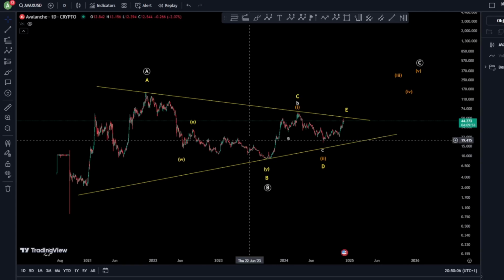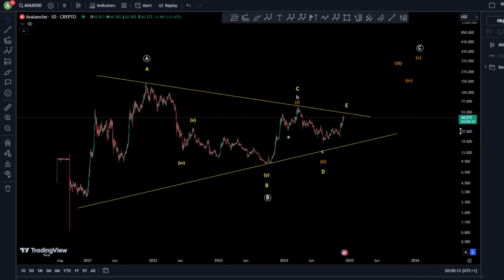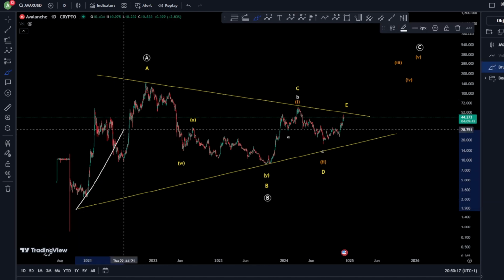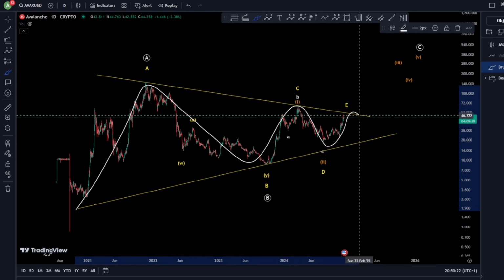Everyone, welcome to Avalanche price prediction based on Elliott wave analysis. Starting on the daily chart here, we are looking for two scenarios, of course. One is bullish and one is bearish. Now, as you can see in the all-time history of Avalanche here, we are looking kind of in a triangle,